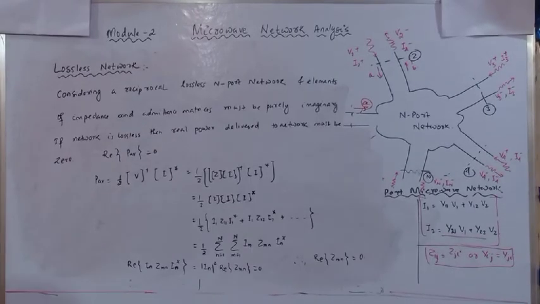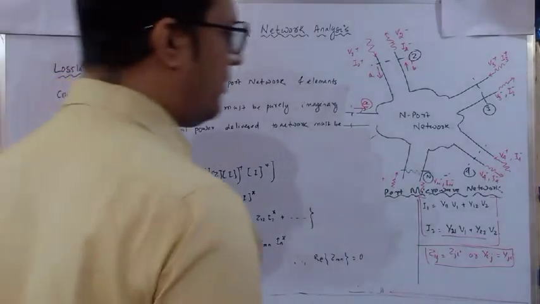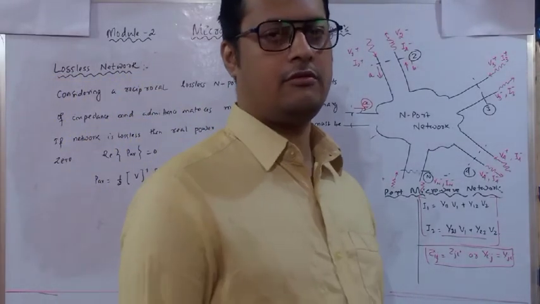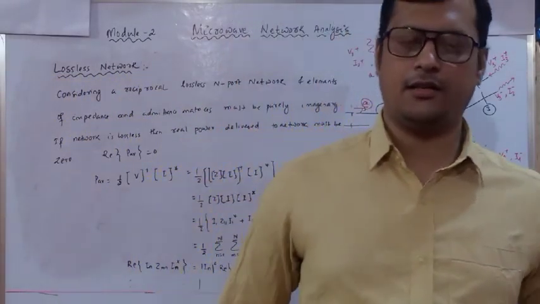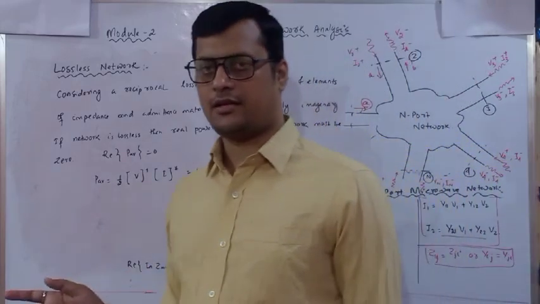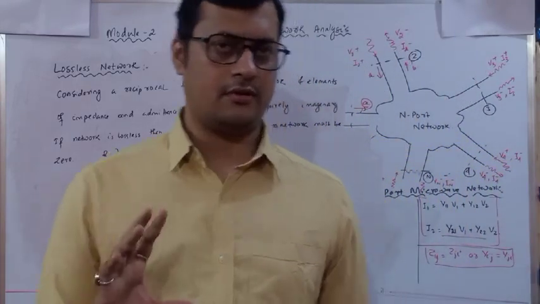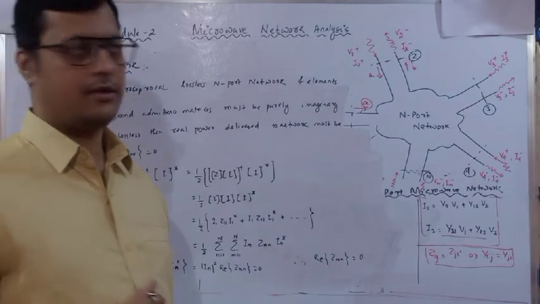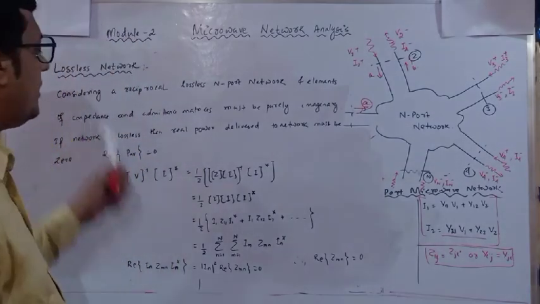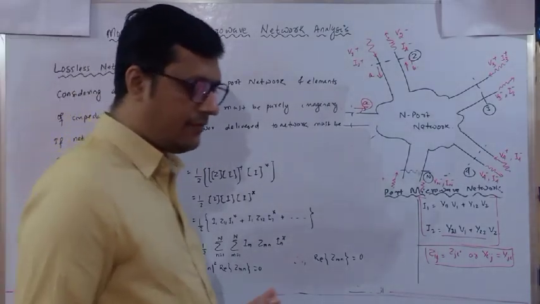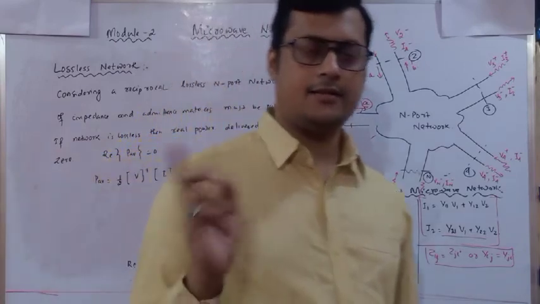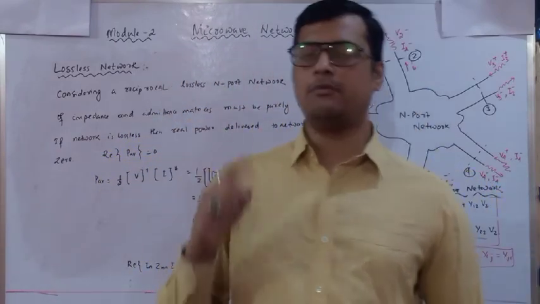Okay. So this is the last part that we are going to discuss. Next class we are going to solve a few numericals regarding the impedance as well as admittance calculation for different sorts of two-port networks. Okay. So here it is a lossless network. As I have told, there is a lossless line. The conditions are there with respect to the lumped parameter.